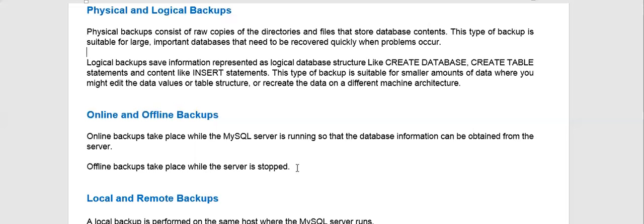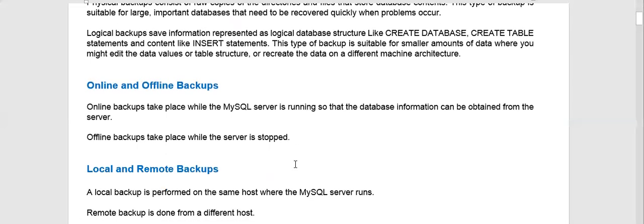And when you do a backup while your database is running, that is called an online backup. So I can say a physical backup can be an online backup, and sometimes you stop your database or you stop writing on the tables to take a logical backup. That can be treated as an offline backup.